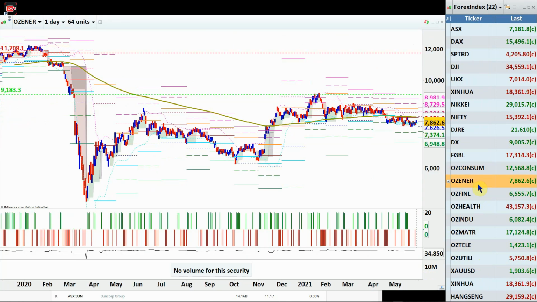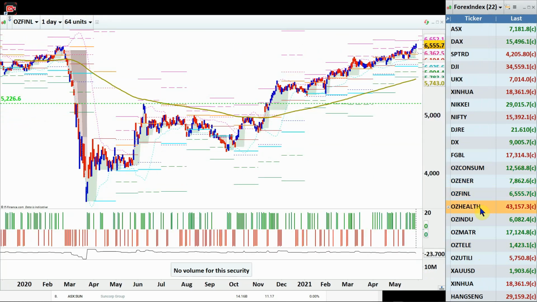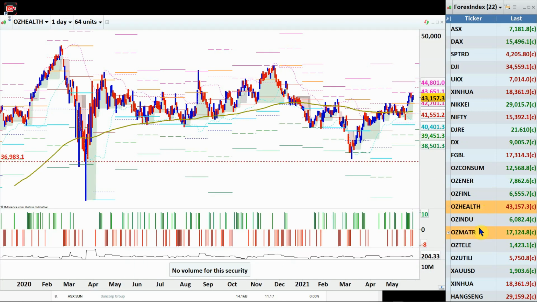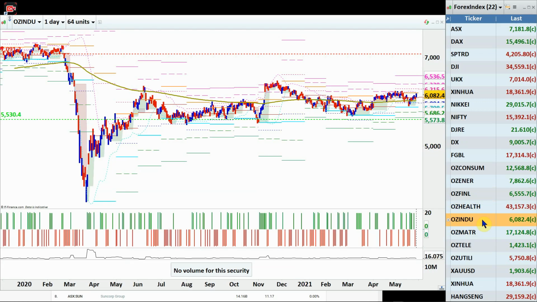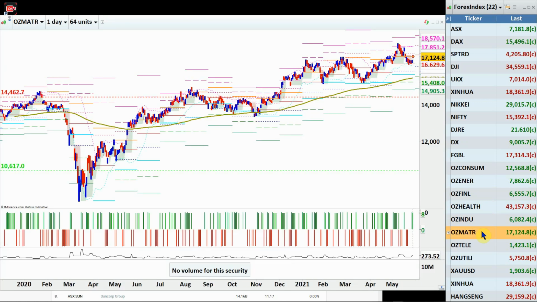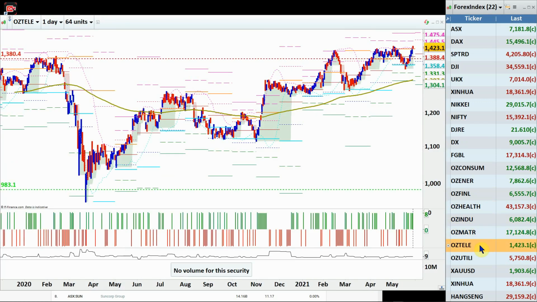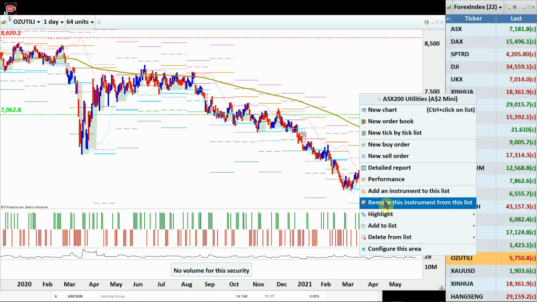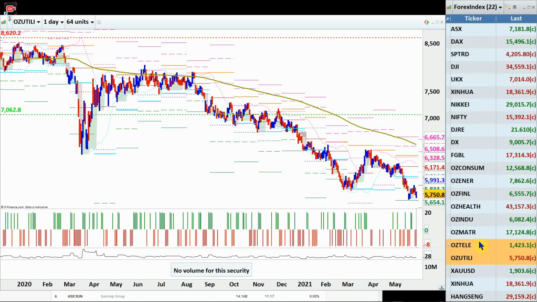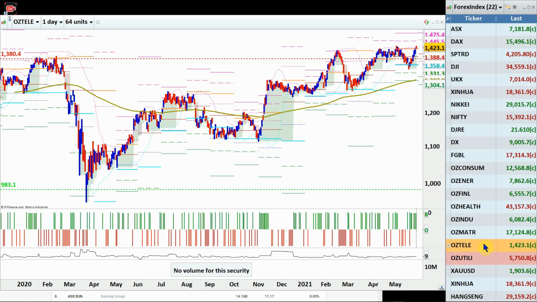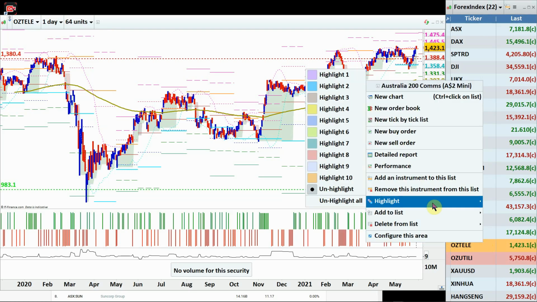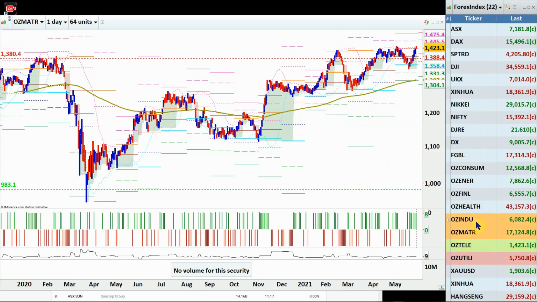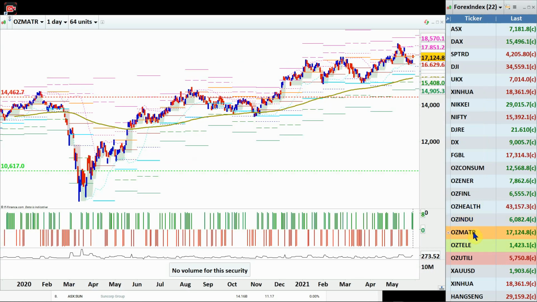Nothing to trade in energy, nothing to trade in financials, everything to trade in health, something to trade in industrial, nothing to trade in materials, everything to trade in telecommunications, everything to trade in utilities. So we have utilities short, so highlight it in a negative color, maybe this one. And then we have telecommunication, so put it in a different color, highlight it, and then do this. Then go to materials, so that you do not forget what you saw.